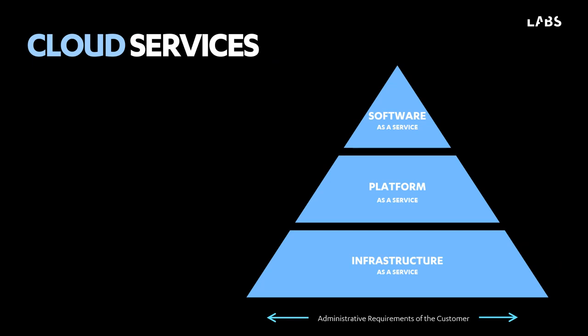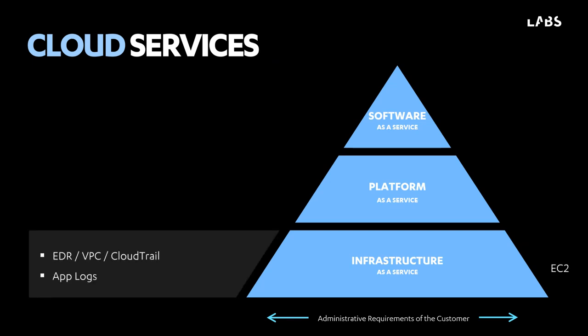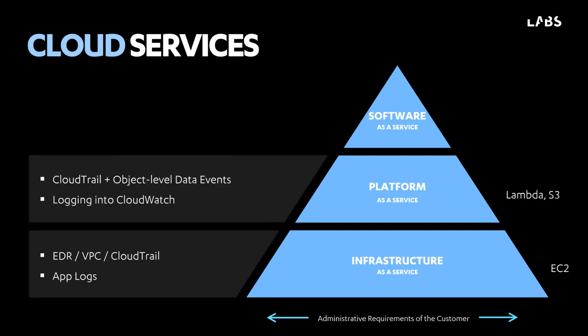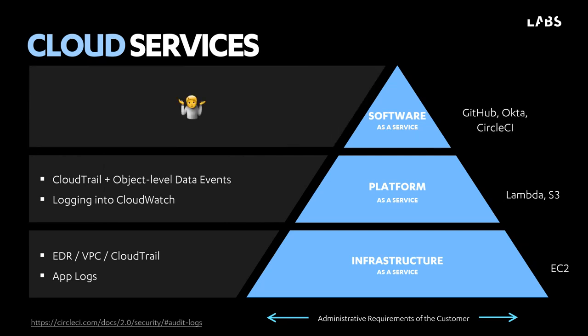Now, when we look at the range of cloud services, we can split up these log sources, broadly speaking, by the as a service definitions. So the closer you get to infrastructure as a service, virtual machines, networks, the closer we are to just straight up normal on-premises detection capabilities, right? And the closer we get to the software as a service end of things, the more it changes. Now, right the way up at that software as a service end of things with GitHub, with Okta, with Circle CI, these kinds of things,